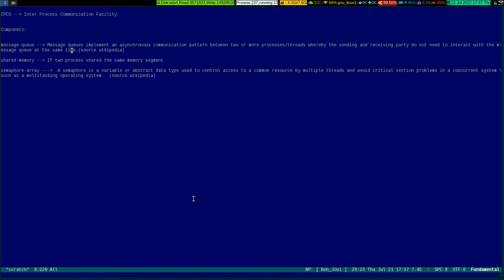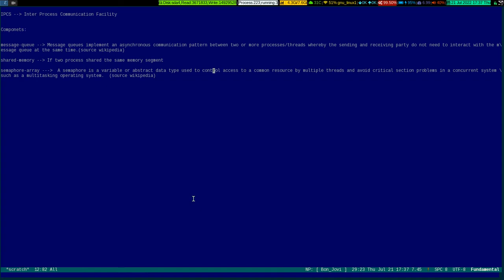Shared memory is when two processes share the same memory segment, and semaphore array is a kind of variable which can go up and down depending on the situation. So these three components make up IPC, inter-process communication, and in Linux there are a few binaries